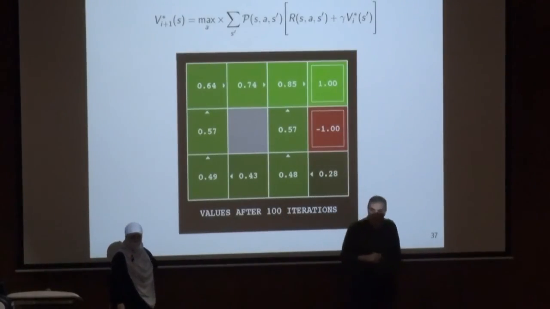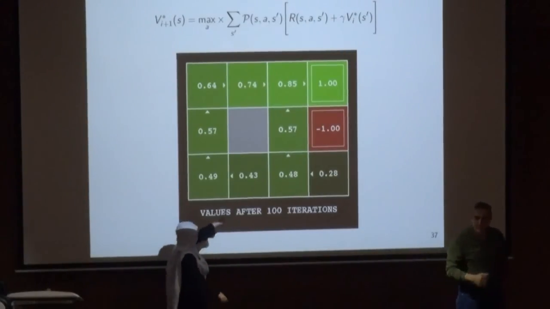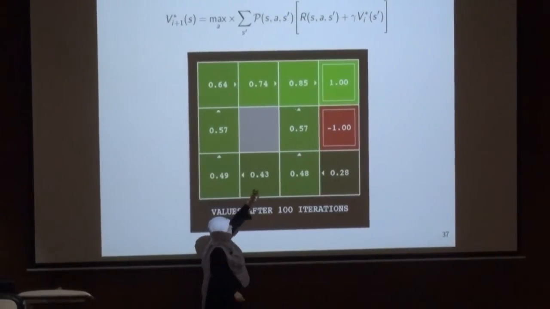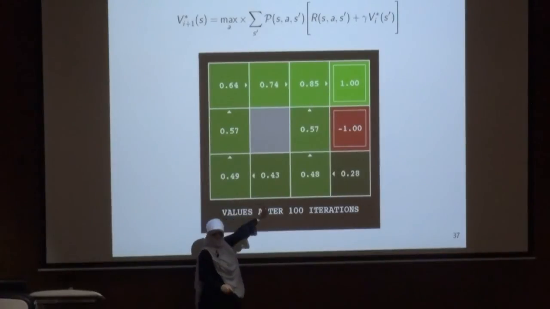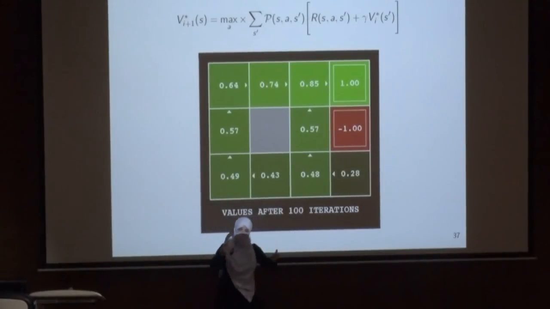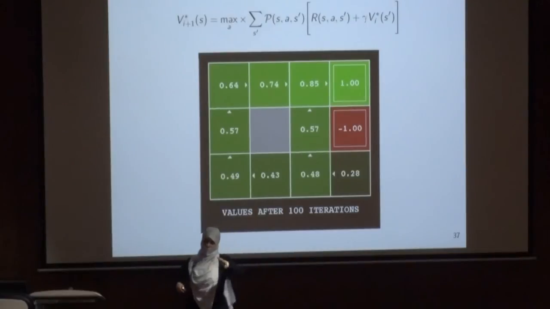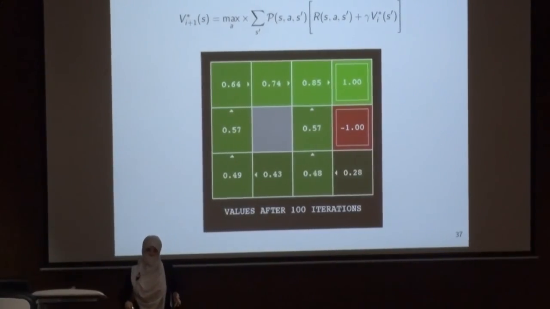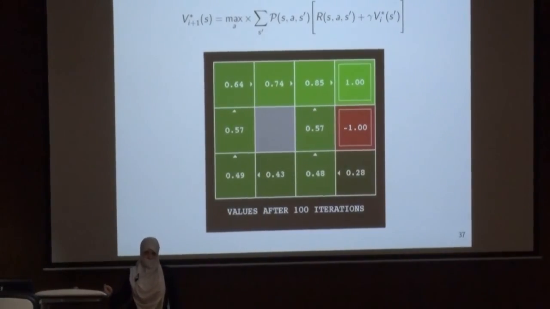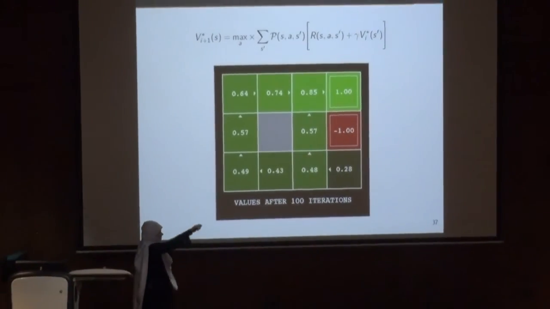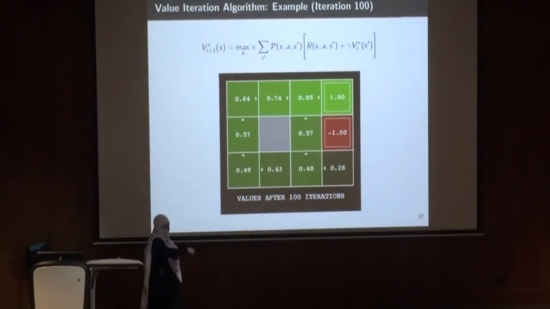Absolutely. So the path here differs from the other one by maybe 2 tiles. Except here it differs by 1 tile. So maybe it became better for it to go with the shortest path and not avoid the danger. If I have here instead of -1 a -5 or a -10, maybe it would be different. And the discount factor. So maybe you're discounting more for longer paths. It would differ.